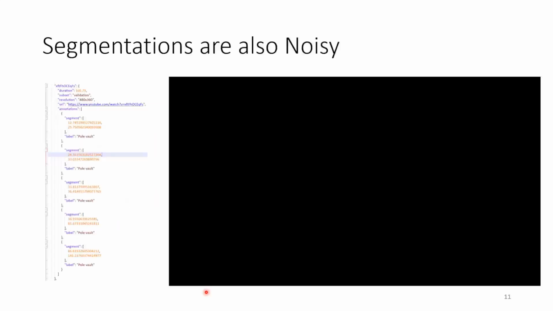All right. Okay. So let me show you. For the previous two datasets, we have only a single segment, right? Here I want to show you another instance in ActivityNet 1.3. So there are multiple segments, and I want you to see how accurate or inaccurate they are. So let's take a look. So from here you can see this is also pole vault.